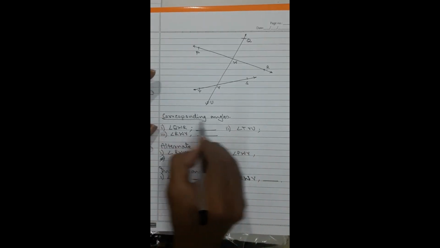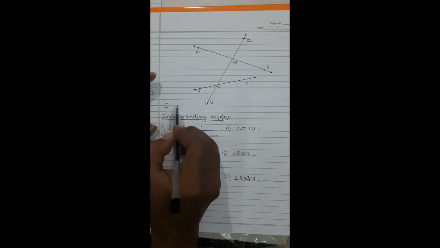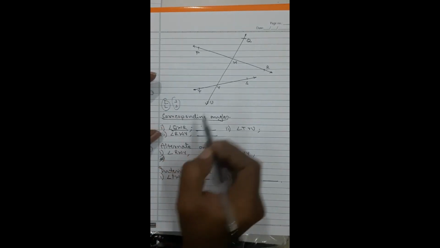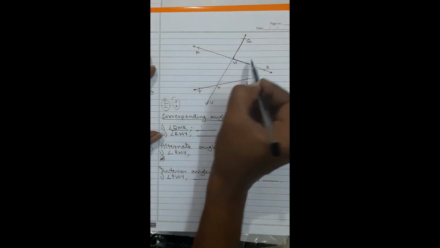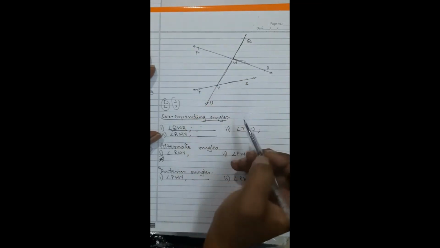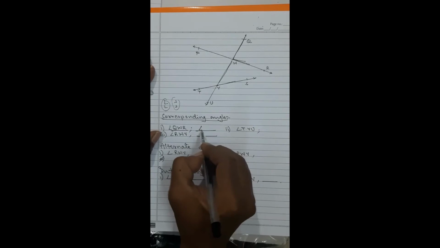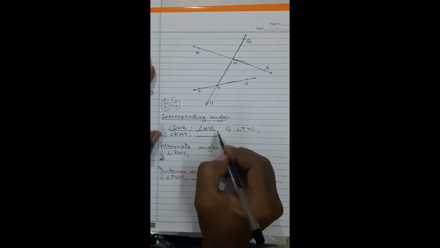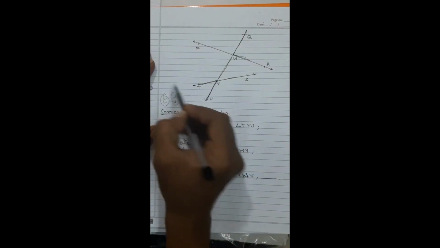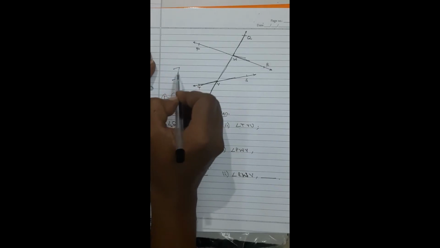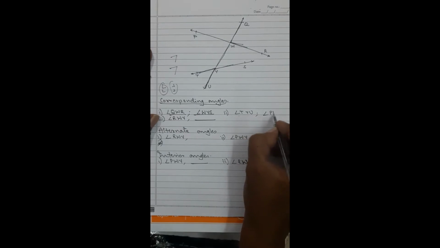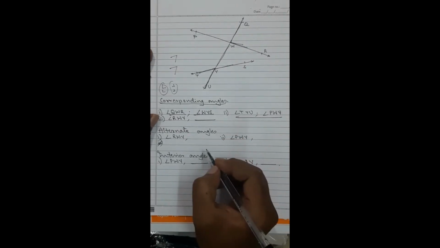Now when we come over here, corresponding angles are ones that go with making an L, which can be of any form, but they have to be in the same form. When I talk about angle QWR, the QWR is going in this fashion. The corresponding angle of QWR will be another one going in this fashion. If I move down, it is WVS. Angle WVS is the right one for this. TVU: angle TVU is this type of an L, so I will have to go up and search for this type of an L. It will be PWV. Angle PWV, these both are corresponding angles to each other.